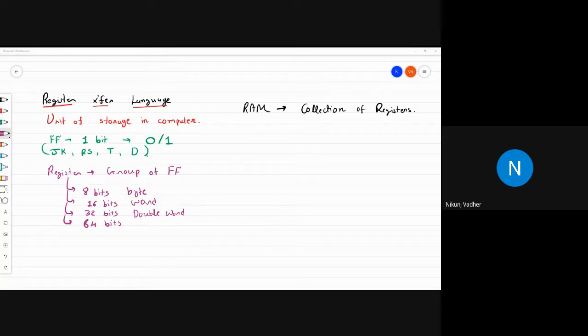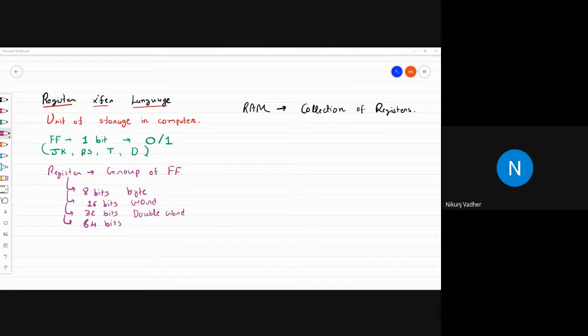So always the purpose of language is to convey the information from one place to another place. So here, what is the need of language in computer science?